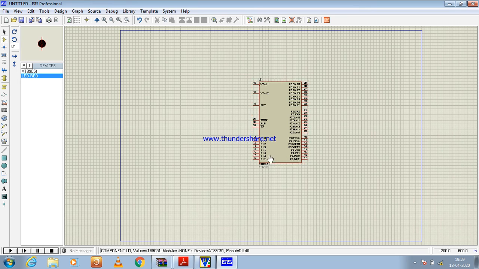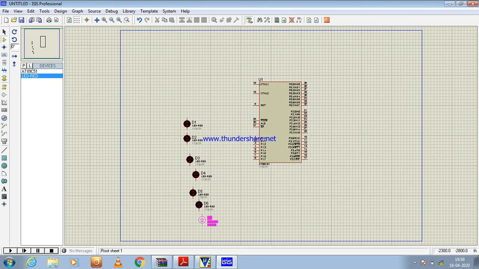I am going to connect it to port 1. You just click as many times as the number of LEDs you want. Port 1 has 8 lines, so I need 8 LEDs. 1, 2, 3, 4, 5, 6, 7, one more.